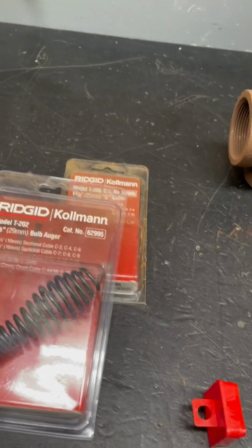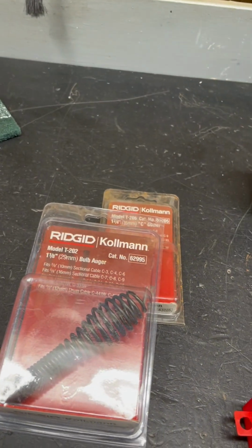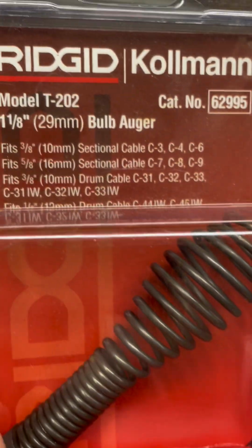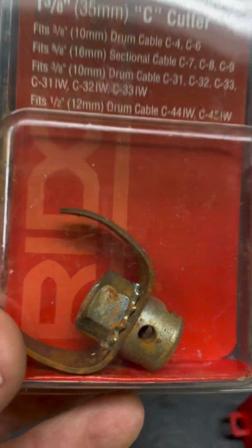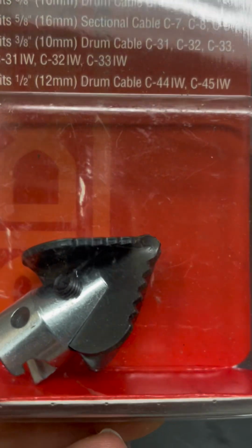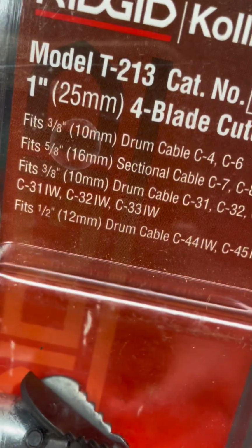This particular snake machine is a very popular choice in plumbing. And also you can get many different types of heads or attachments for cables. Some of them are cutters, some of them are augers, and they come in different sizes and shapes, and you can use them in different applications as well. The most important attachment, in my opinion, that you can get for RIDGID K-50 machine looks like this,